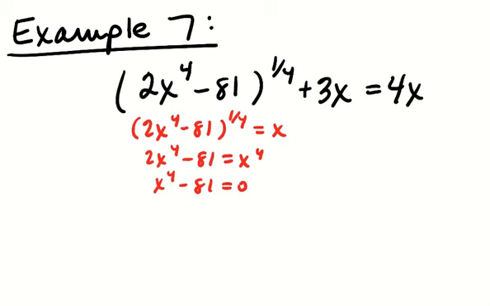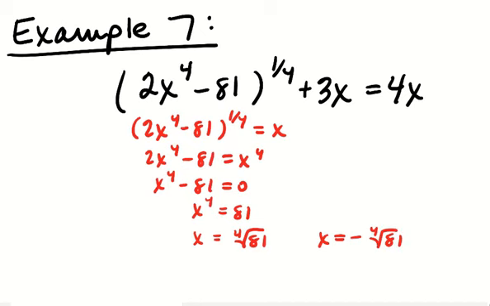Okay, and then this one you could factor, and you'd get both answers. You could do difference of squares two times, but I'm going to actually just try to solve for this one directly. x to the 4 equals 81. I'm going to take the 4th root of both sides. Now, when you take the 4th root of both sides, you have to consider the negative as well. So x could also be the negative 4th root of 81. Actually, calculating a 4th root, you can take the square root and then take the square root of that. So the square root of 81 is 9. Square root of 9 is